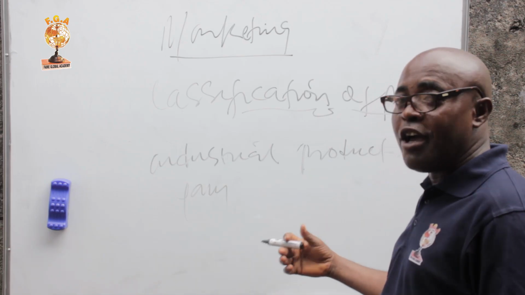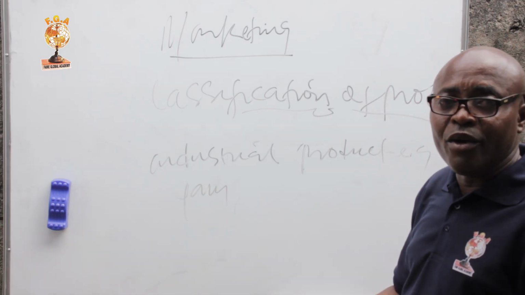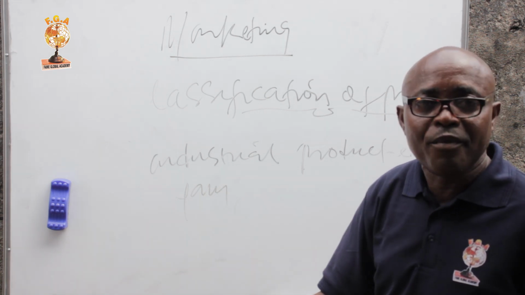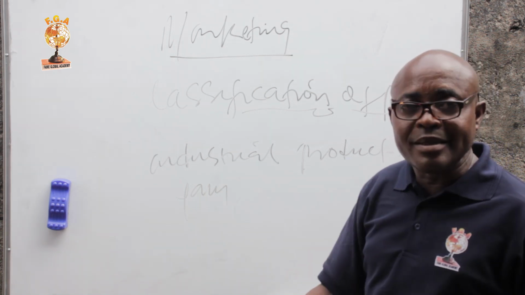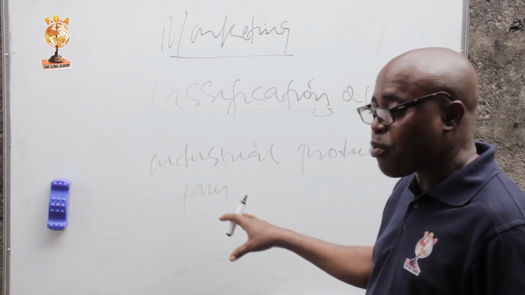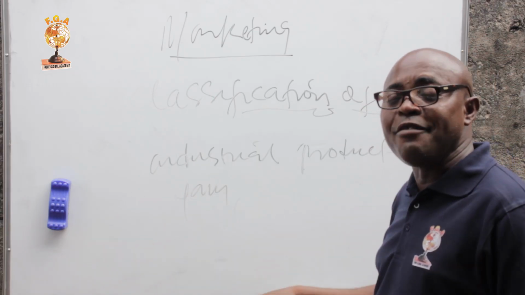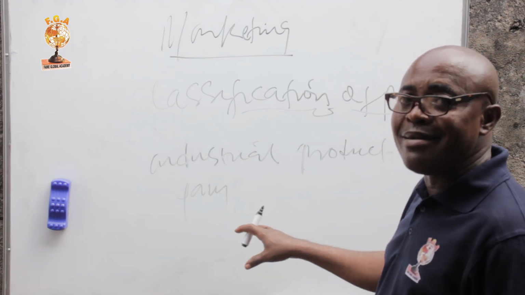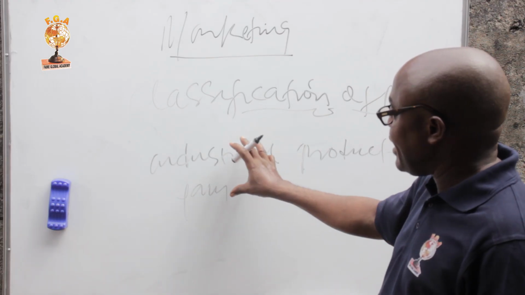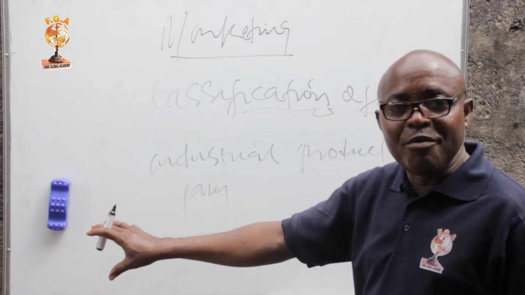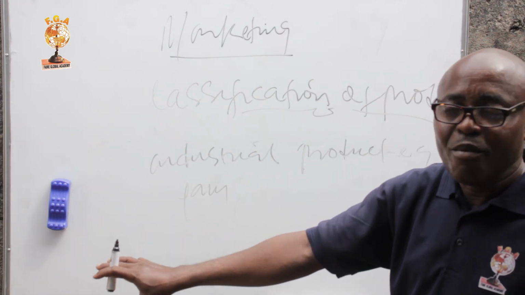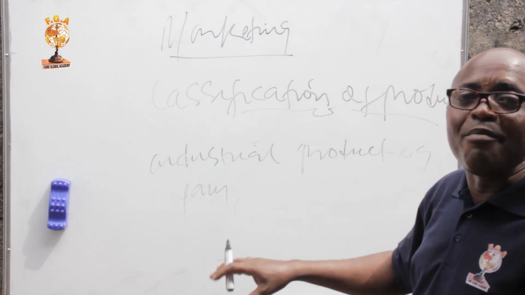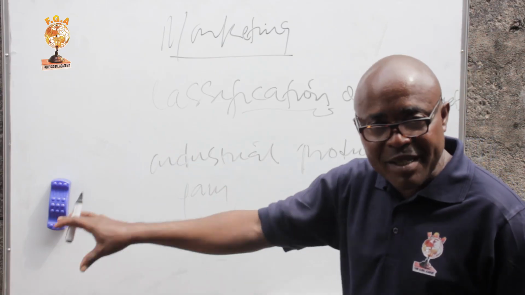Now this one, you don't even need to pound any longer. You know, there's a way you can eat pounded yam without pounding it. There's a way too you can eat other products from cassava without even pounding it the way they pound it locally, as well as rice and the rest of them. In its first raw state, it may not be so appreciated, but by the time it leaves this particular phase to the next phase, it becomes more appreciated by some other class of persons.